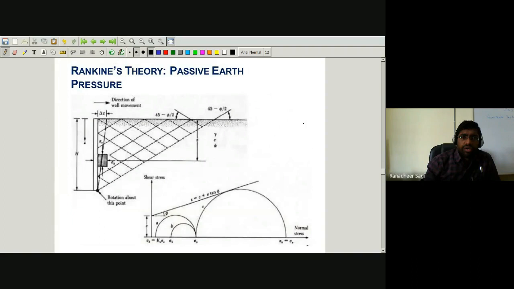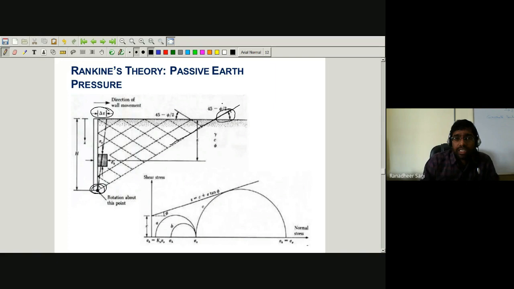So in the case of passive earth pressure theory, yes, we know that your retaining wall is going to be moving or rotating towards the soil. The amount of displacement that you are going to have in your retaining wall towards the soil is something like delta x, and the rotation in the retaining wall happens with respect to the bottom position of the retaining wall. And we see here the failure plane, which is indicating you the failure plane. That failure plane that we are representing is making an angle of inclination 45 minus phi by